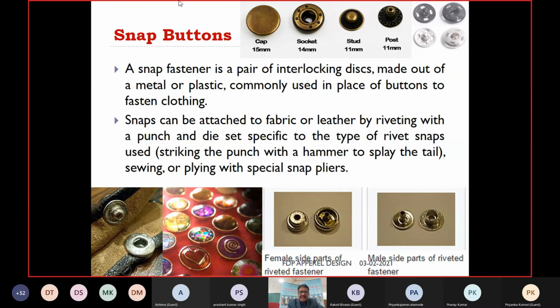And the size category of the button also decides the doffing and donning time of the button. What is the doffing time? Can anybody tell me what is the doffing and donning time of the garments? Sir, the time to put in and put out. Yes, exactly. So the doffing and donning time should be very low for the soldiers, for the police